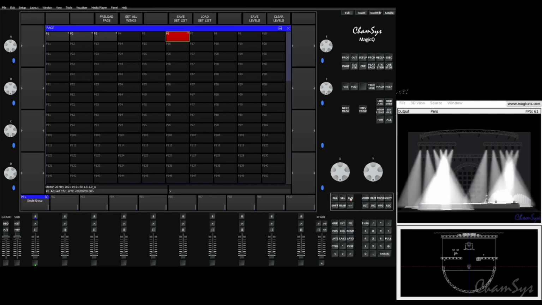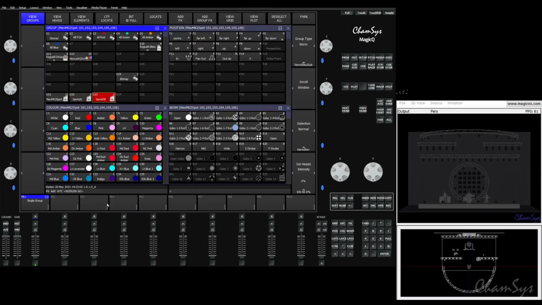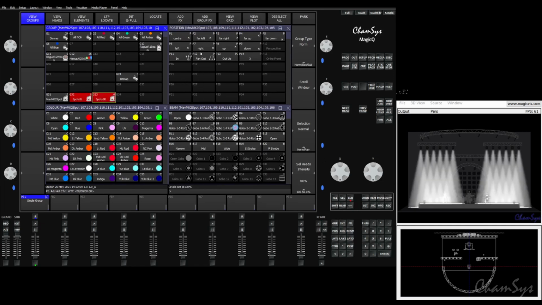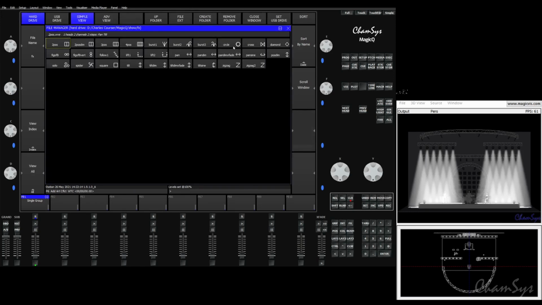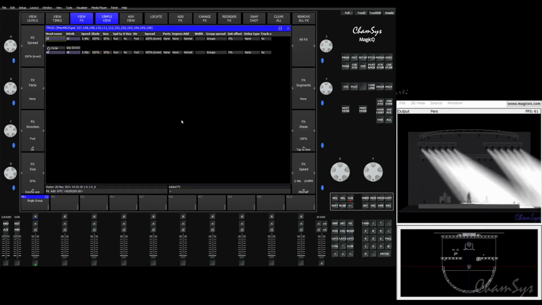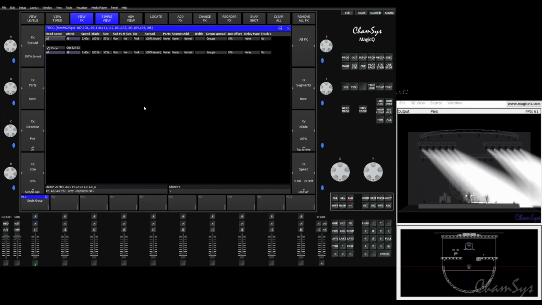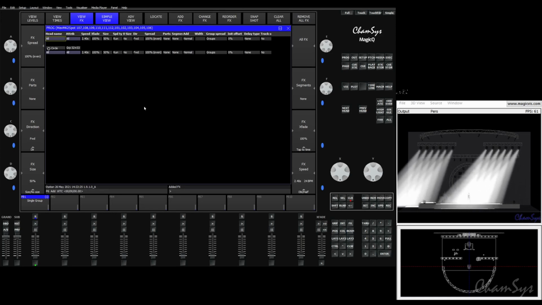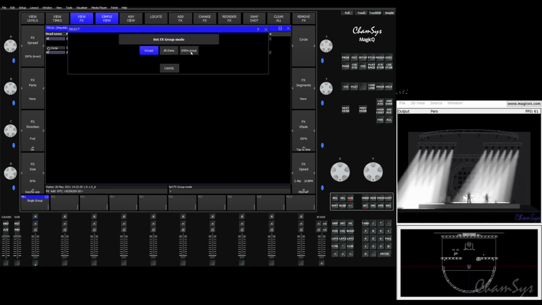Now, where it gets interesting when you're programming is if we were to come in here and grab two separate groups. So we have our stage left spots and our stage right spots. If we do the same thing and we add a group effect, and we go to position and then circle, you'll see that the two groups now are treated as what would essentially be two separate fixtures if this were a normal effect across those fixtures. And again, we have our group spread field here. This time, if we choose within group,